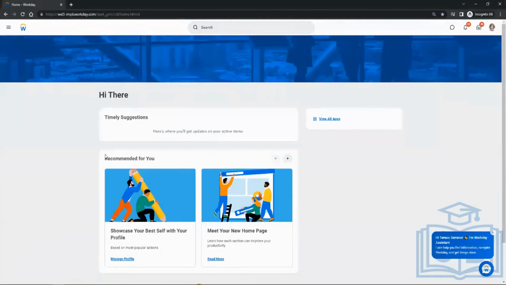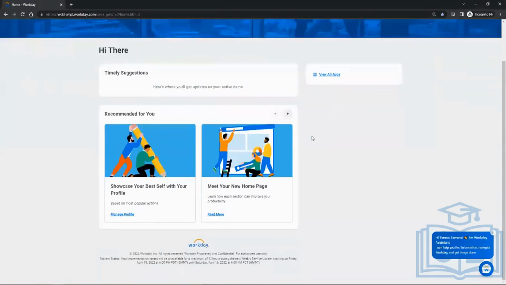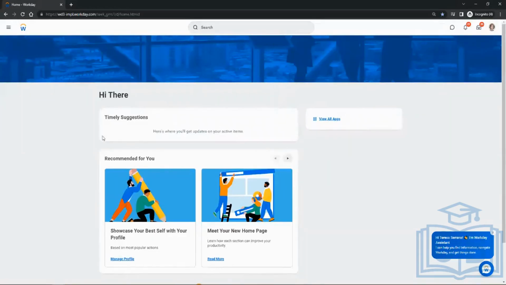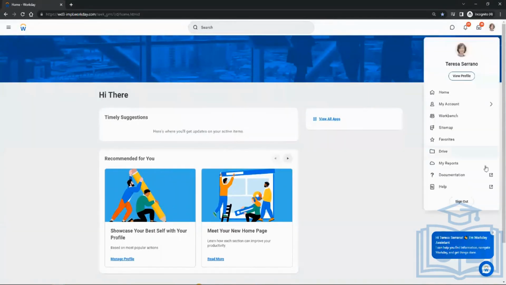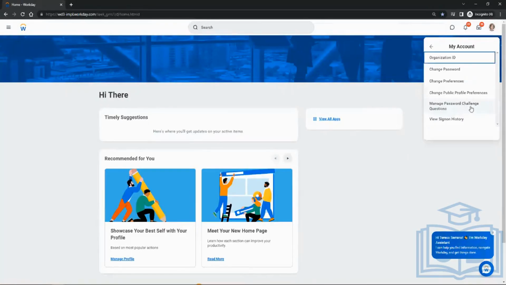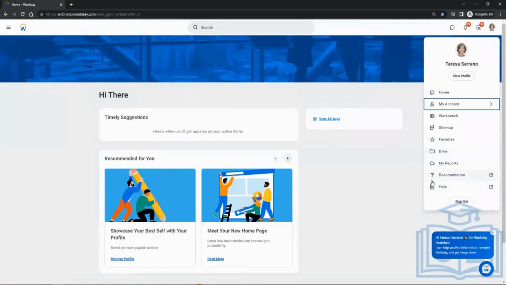Right? This is for all of you who are seeing Workday for the first time. After logging into Workday, this is how the screen will look. This is a demo tenant. You see, this is a demo user. If you click on this picture, it is the user. Once you log in, you'll view your profile. You have all those things for changing passwords and all those stuff.